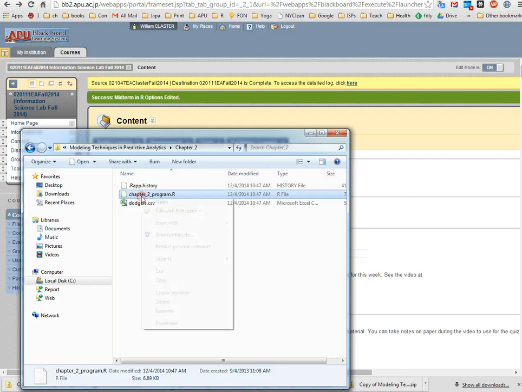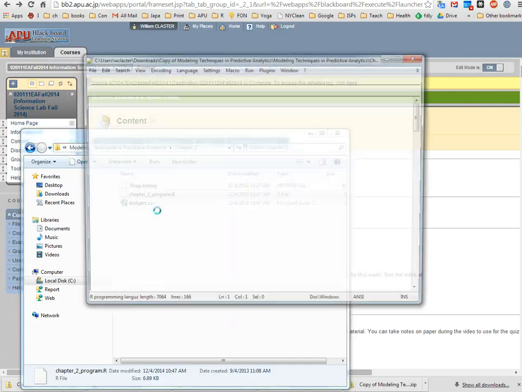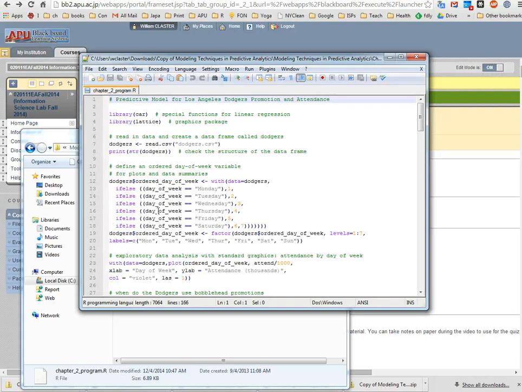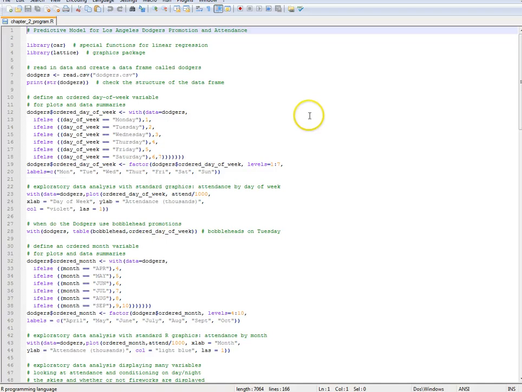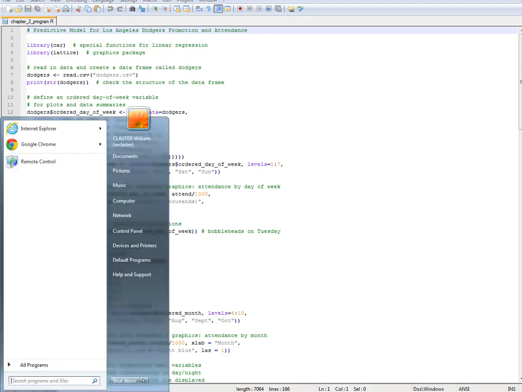And let's open up that program. And let's get started with this. Maybe we can just read this stuff in. The only thing is we have to put dodgers.csv in the right folder. So why don't you get this started? So you have to,